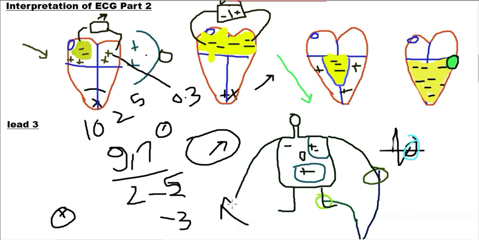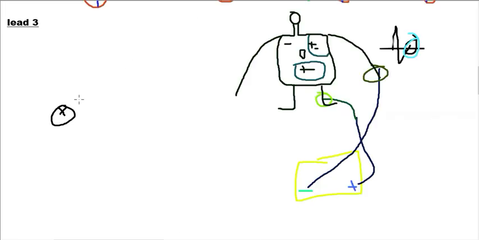In short, in lead 3, the positive terminal is connected with the apex, and the negative terminal with the fluid present on the left side of the heart. We join these two, whereas the QRS vector will always remain the same in one heart, because we are just changing the position of the electrodes of different leads. We cannot change our heart functioning. So the QRS vector will remain the same.